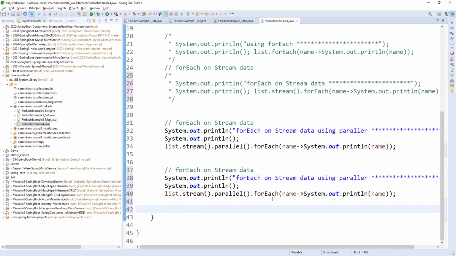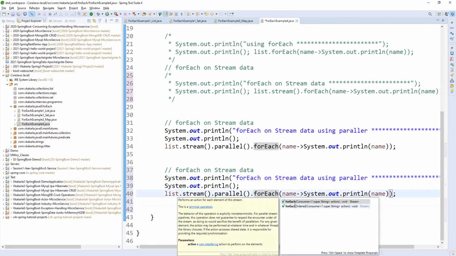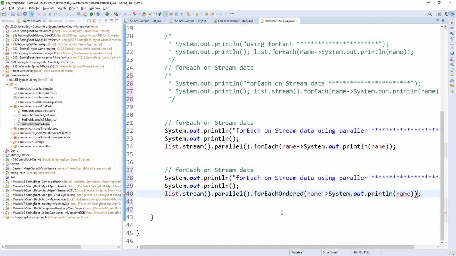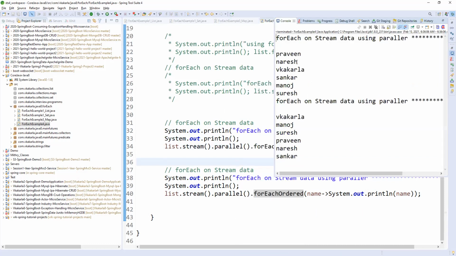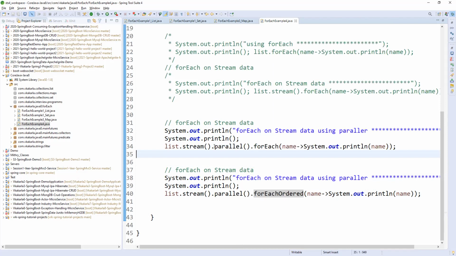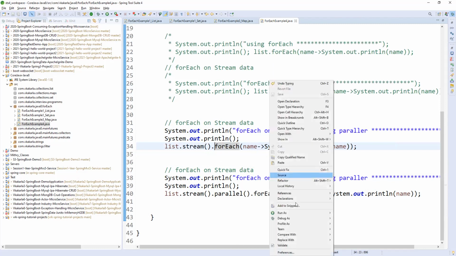This time it will maintain the same order we have in the collection.